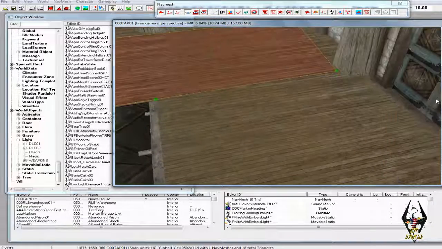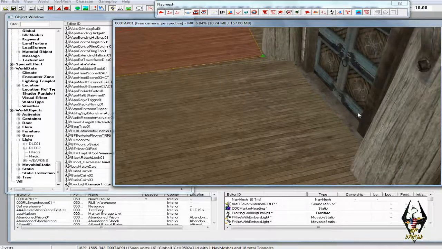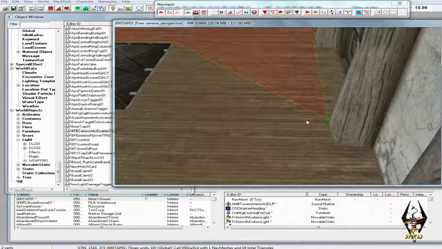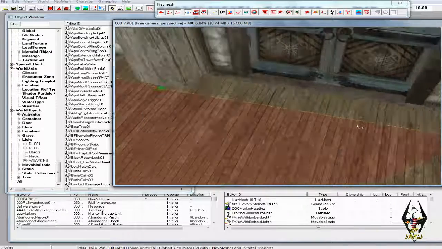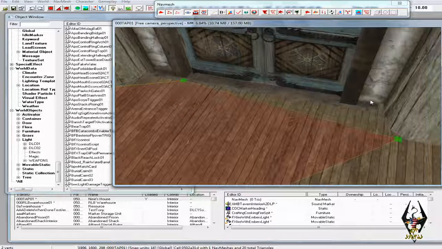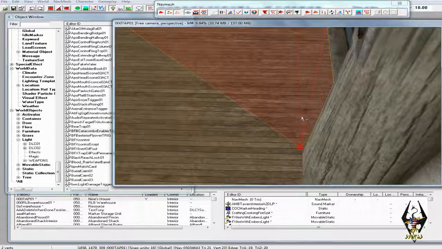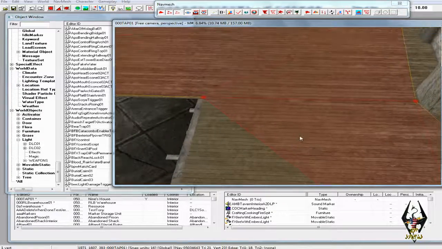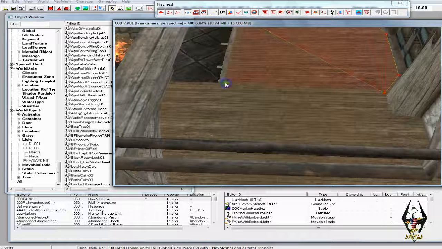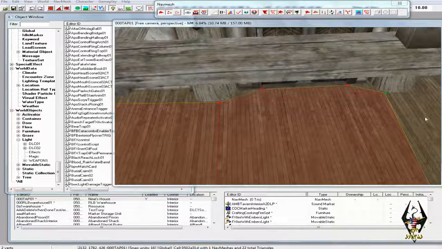Now this is the main door out, but that's okay. I'm going to stick a piece of nav mesh here just like that, just because that's the main door going out. I'm going to stick a piece of nav mesh here like that, and I'm going to stick a piece of nav mesh there just because I want it to go all the way up to the door. So I'll select these two here, and I'm going to put one right there. See how that select cover button? We're going to undo that, the select edges,